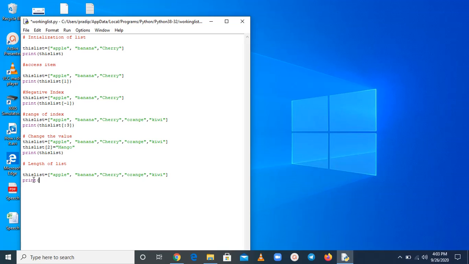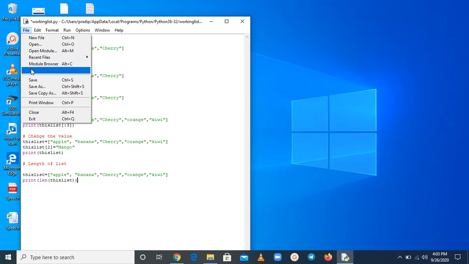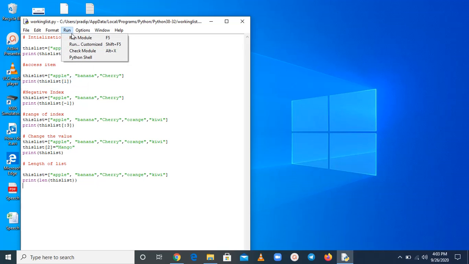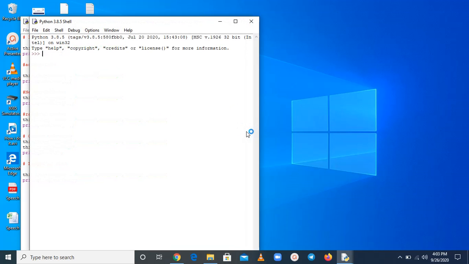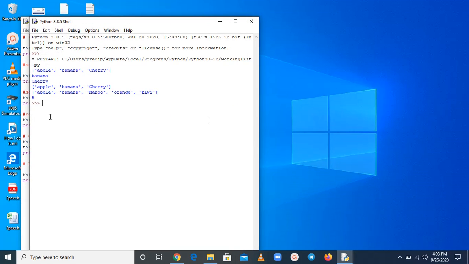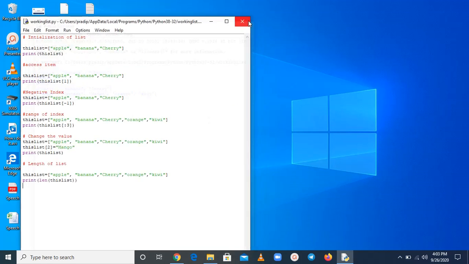Print, and this is len, and pass this list and check the output. Save it and run. Here the length is 5, here 1 2 3 4 5. So length basically returns how many items are present in that particular list.